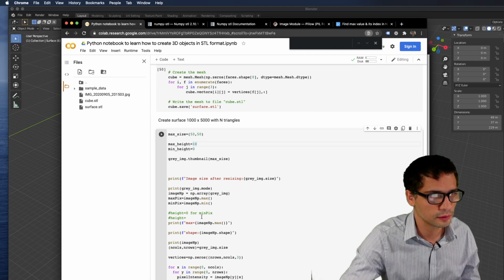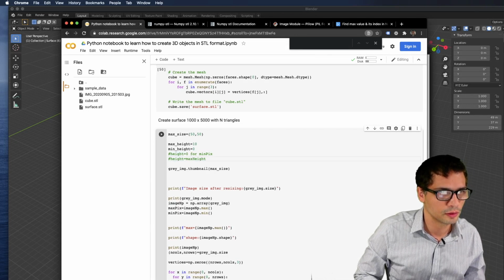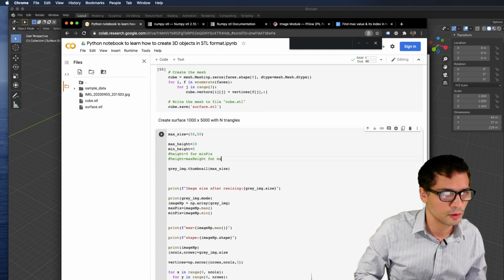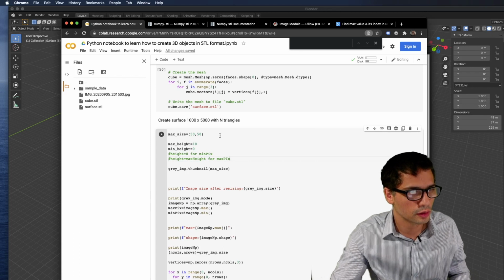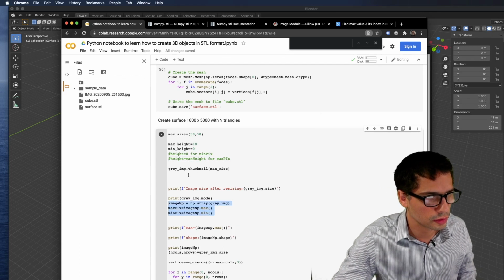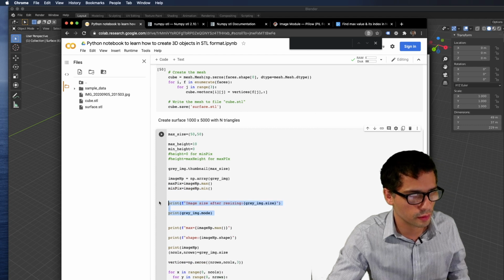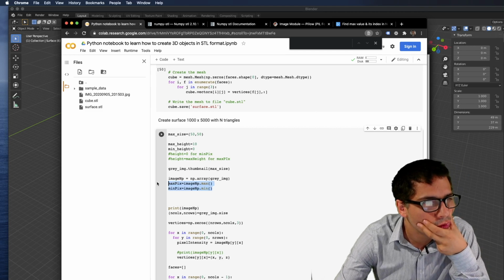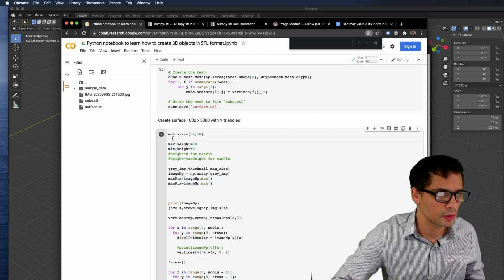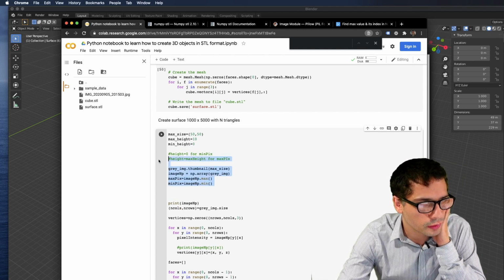Okay, and we can see here max height. I'm doing so many print statements I'm getting lost. So these are our constants, and these are the things we derive.